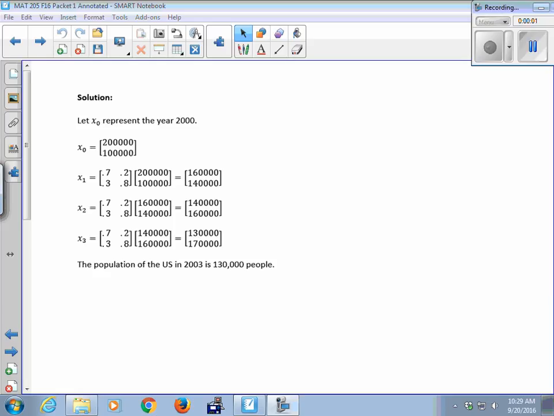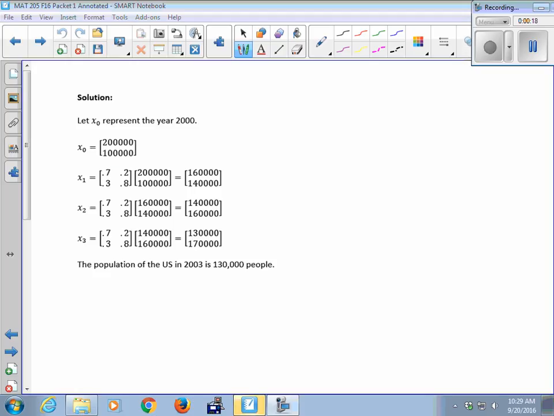Problem with the migration matrix. I've got the migration matrix set up. Well, you could leave the migration matrix as it is, but you have to flip the 200,000 and the 100,000, okay? Because